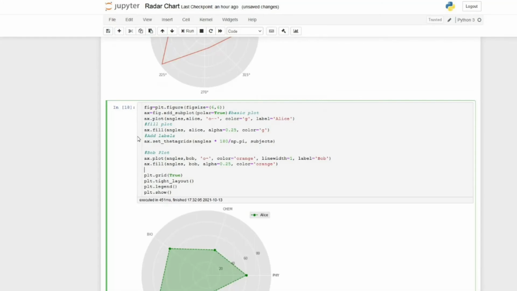What we basically require is the set grids.